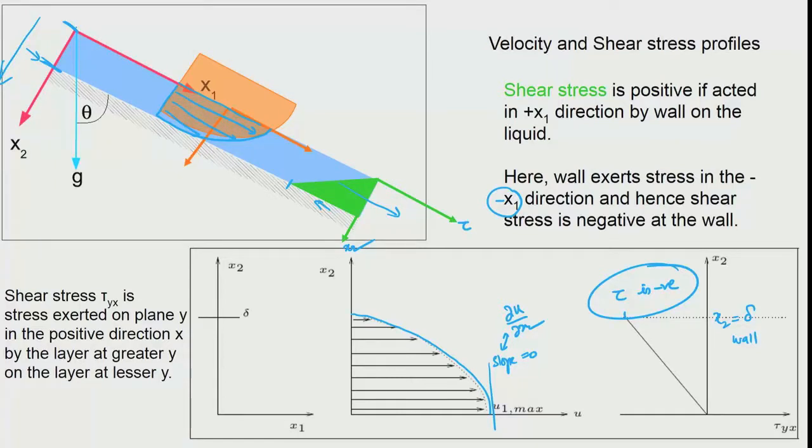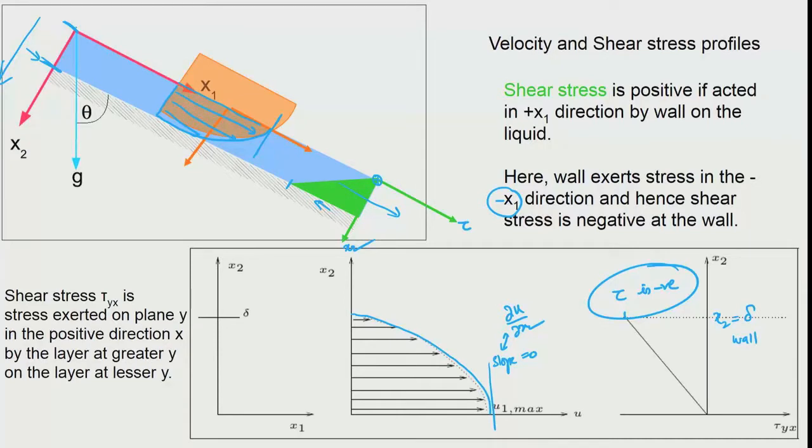So, in that sense this consistency is there with respect to the definition, and we could also then imagine that the stress at x2 is equal to 0 should be 0 here, okay, and that is also because you have got the slope of the parabolic profile also giving you 0 there, okay. So, because it is the maximum value of the velocity, which is also at the top surface.